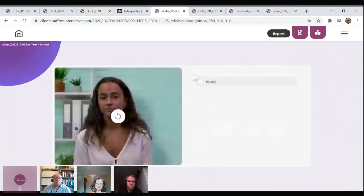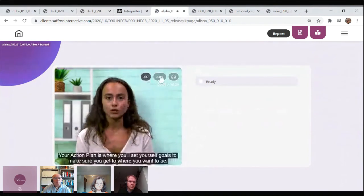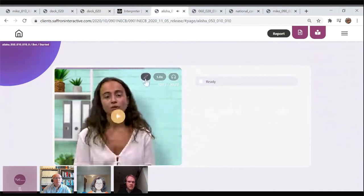So again, we've got another one of our mentors here. So I'll just show. Your action plan is where you'll set yourself goals to make sure you get to where you want to be. It's important to think about what's going to motivate you to complete your goals, as well as anything that might get in the way. So you can just see there we've got